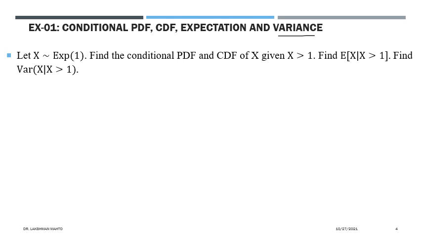Suppose the random variable is like this: X is exponentially distributed with parameter 1, lambda equal to 1. This is the given random variable, so we know its distribution. With that random variable, we have to find first the conditional PDF, then the conditional CDF. Then you will ask what is the event through which we are conditioning. The event A is that X takes a value greater than 1. So this we are calling the event.